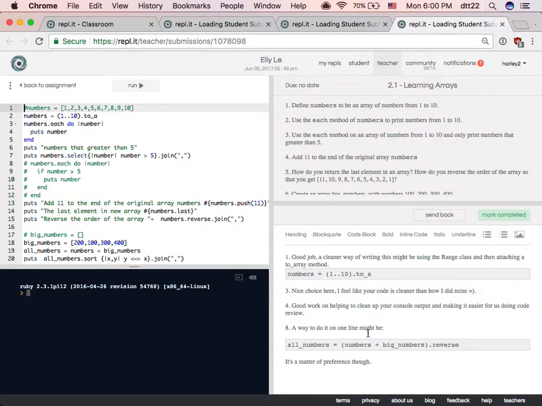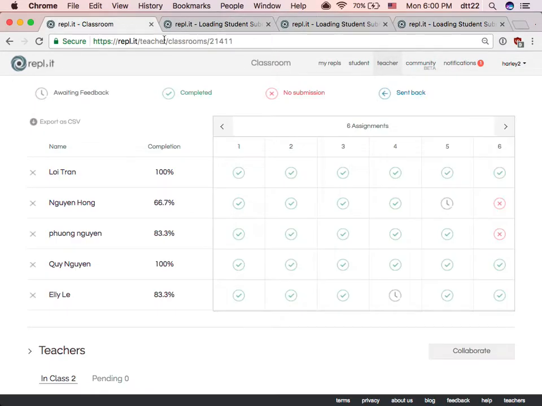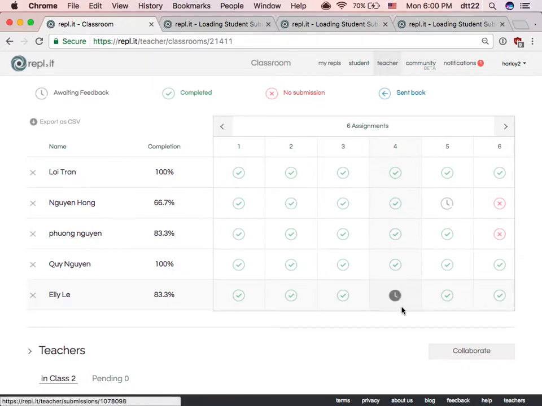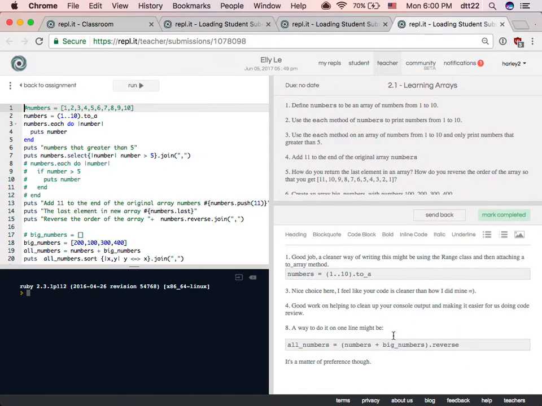I gave some feedback here, and I'm going to very quickly mark complete again. So the way the system works is that you can submit, it will show as a check. After I review it, I mark complete, then it's done. But sometimes if it's not good enough, I say send back. But all the time, you guys are good, so I mark complete. But sometimes you want to do more, so you take it back and do it. So it shows, like this, and I have to review again, which is okay. So let's look at this.